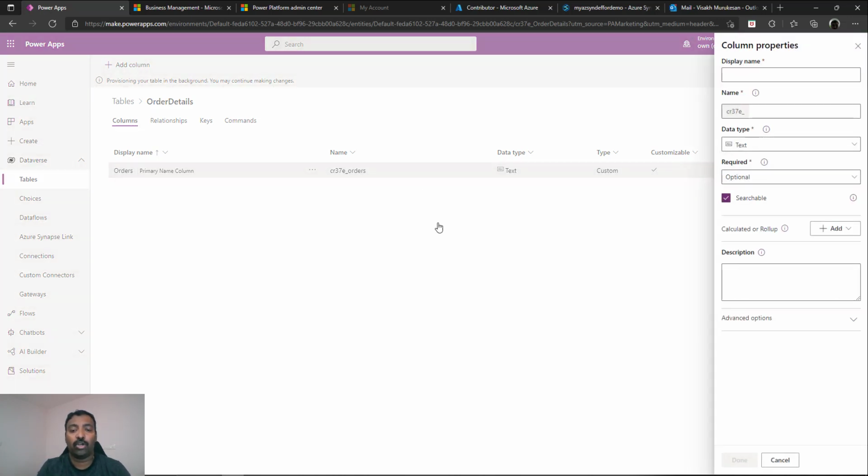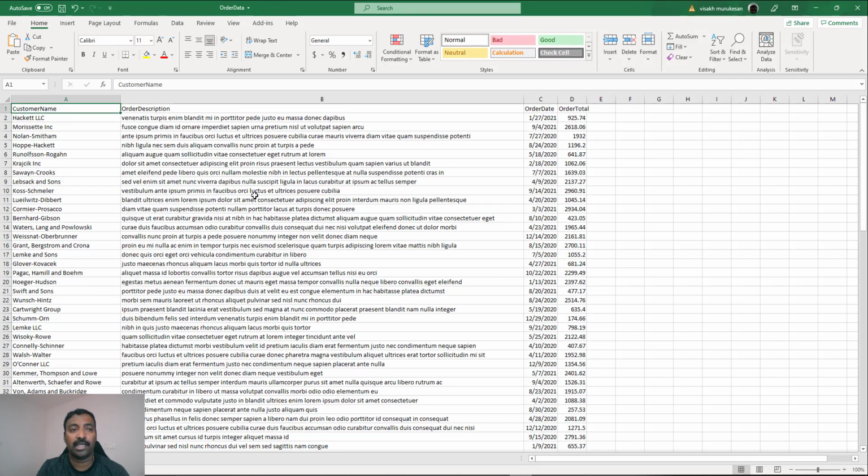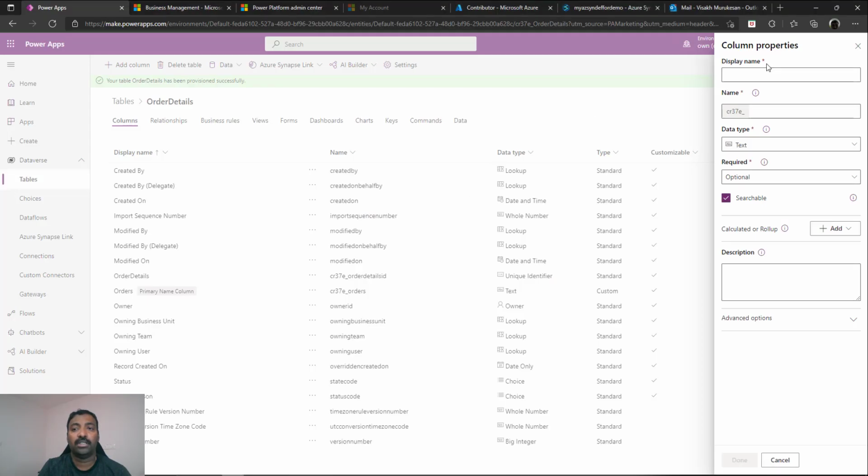So we are going to add how many columns? We need to go to the Excel and compare. So we have customer name, order description, order date, and order total, which is coming from the Excel. So we should be adding corresponding columns here. So we will add order description,